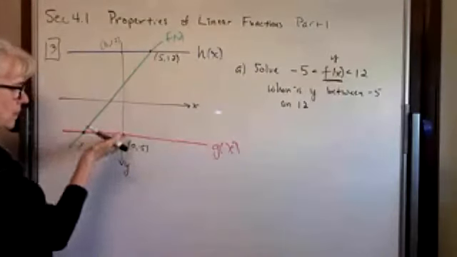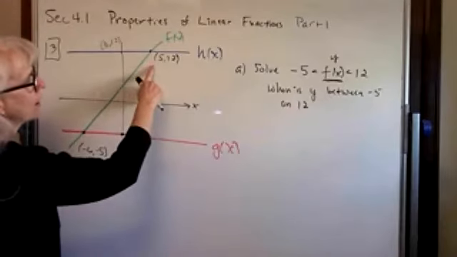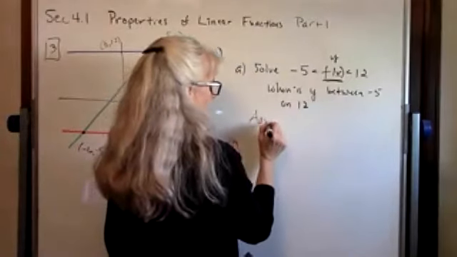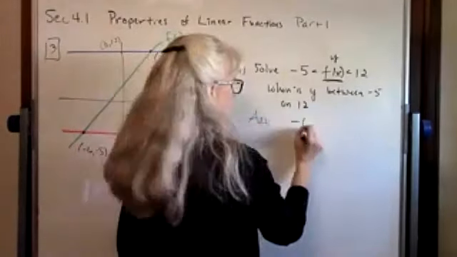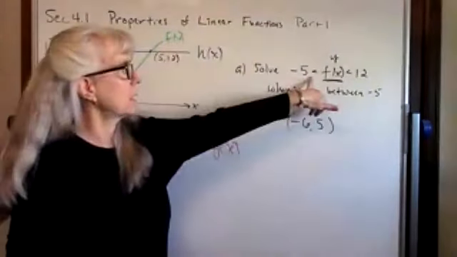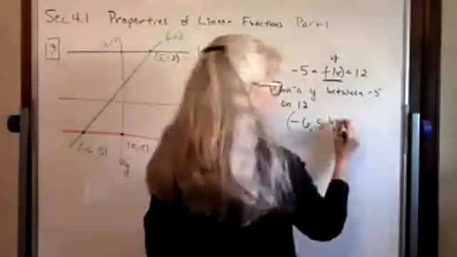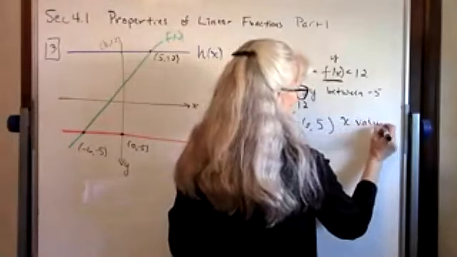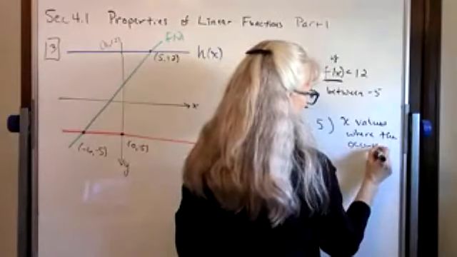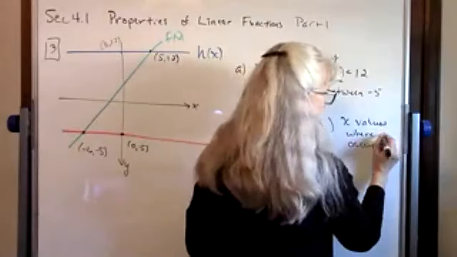And I'm trying to figure out when its y values are between -5 and 12. Well, -5 is a y value that's sitting here. That occurred when x was equal to -6. The positive 12 y value is occurring when x equals 5. So the answer to the question then is when x is between -6 and a positive 5. And we'll write it as an interval. And because the inequality doesn't include the equal to, we'll use open parentheses on that. So again, these are the x values where it occurs. So once you get used to thinking about this in terms of the x values as the answers, they're pretty